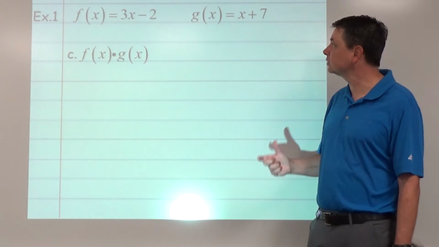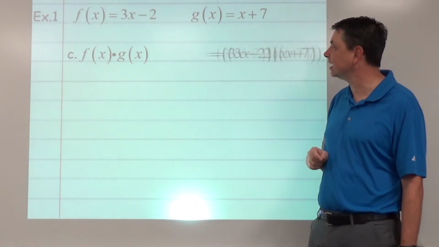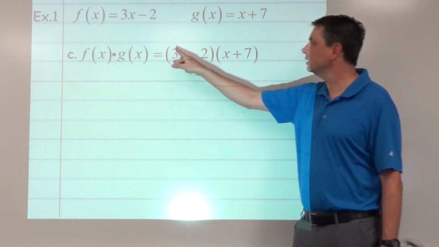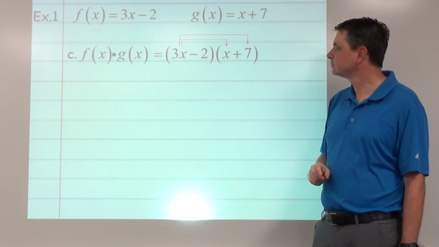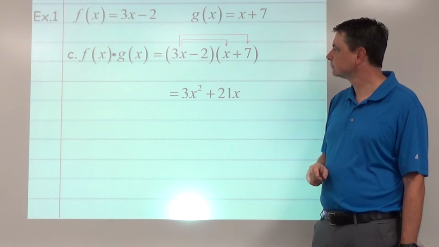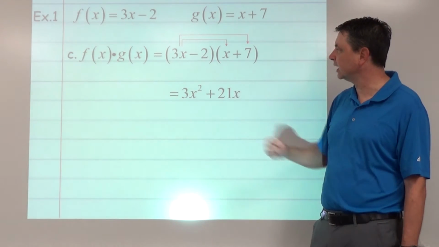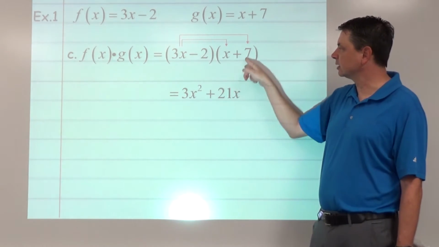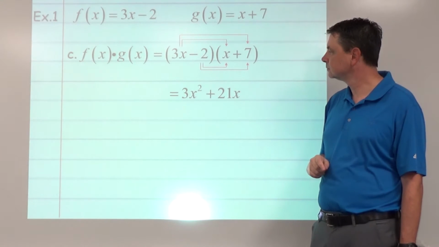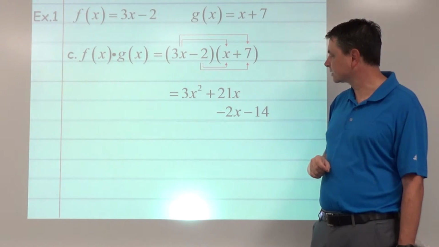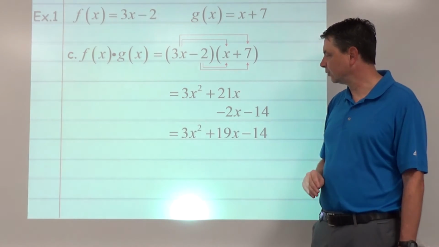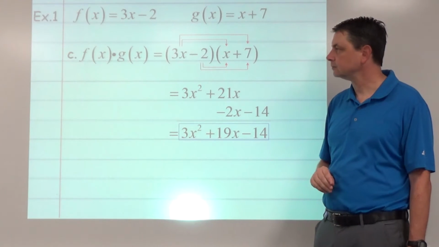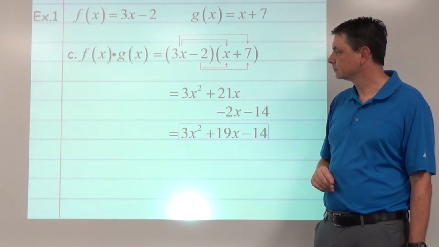We can multiply two functions, 3x minus 2 times x minus 7, distribute the 3x. So 3x squared plus 21x, distribute the negative 2. Negative 2x minus 14, add straight down in columns, and we've got our product. D,